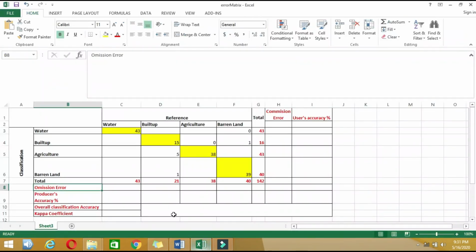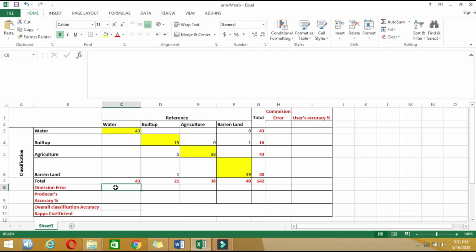So let's see it on an Excel sheet. In our water class, the classified and reference images are the same, so there is no error. It's a perfect classification.